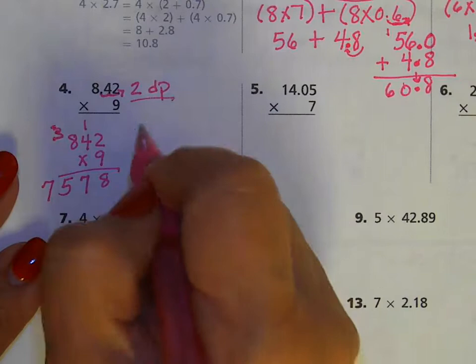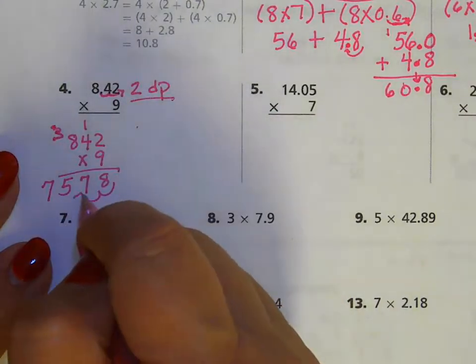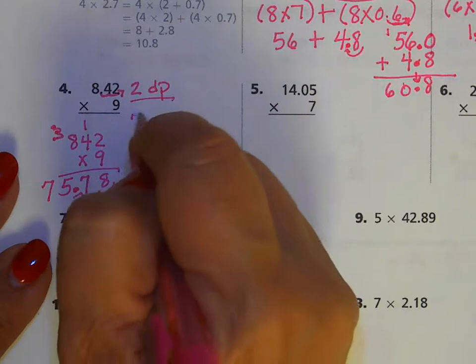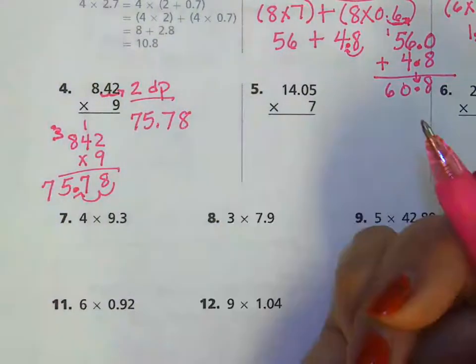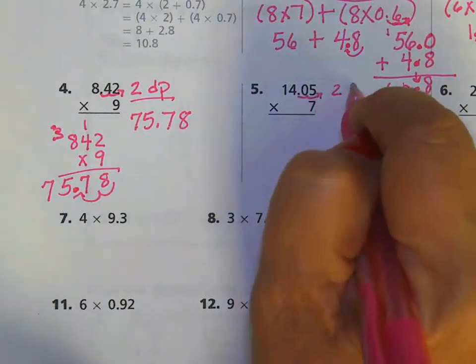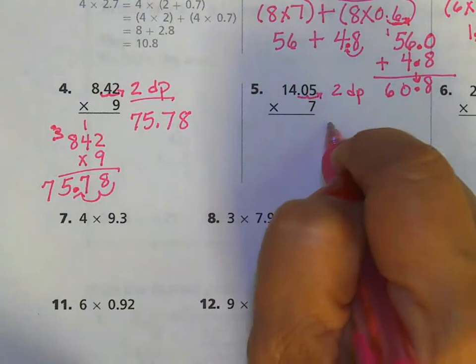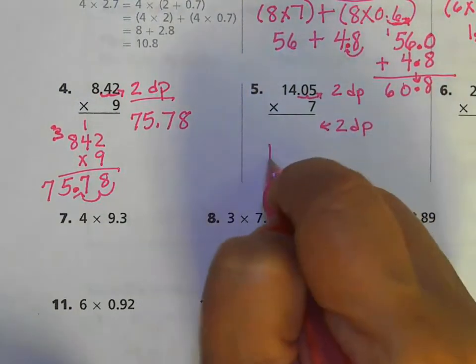Remember, I had 2 decimal spots. I need to move those back into my product. So it's 1, 2, and the answer is 75 and 78 hundredths. Looking at number 5, moving it out 1, 2 decimal places, I need to move it back in 2 decimal places. I'm going to think of it as being